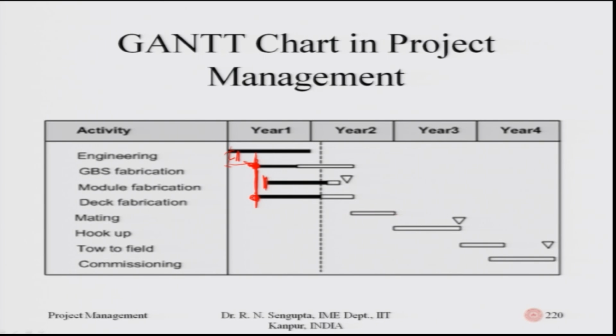So, these are shown, for example, as blocks which are white, and the dotted horizontal one is where you are. So, if you are standing at this point of time, say for example 1 year plus a few days or a few weeks, based on that you are trying to analyze which work has started and how they are progressing and when they finish. So, these 5th, 6th, 7th, 8th works have not yet started, hence they are not blackened, in the sense they can be delayed, in the sense if this whole work, if you see this